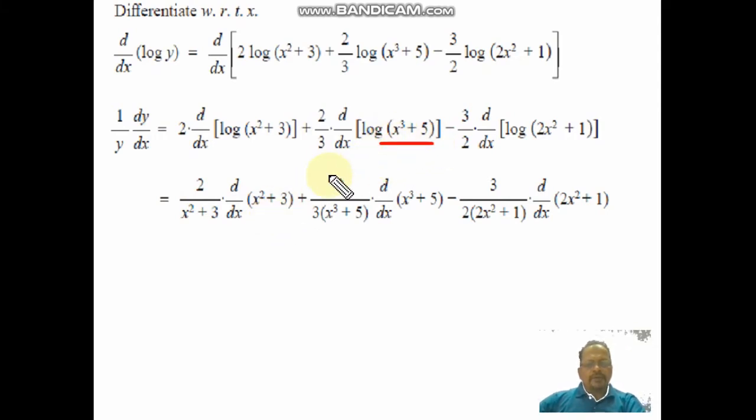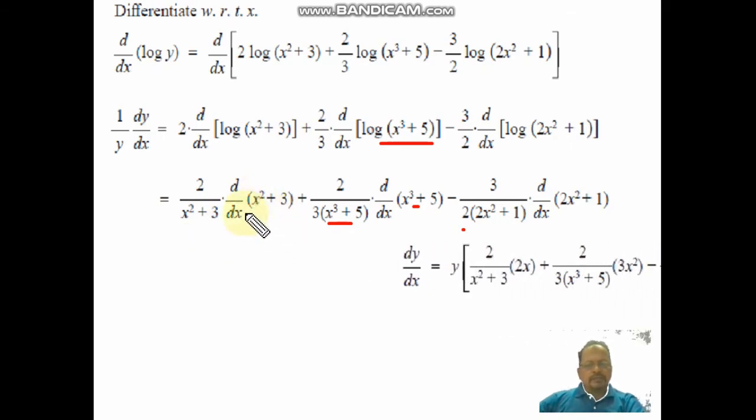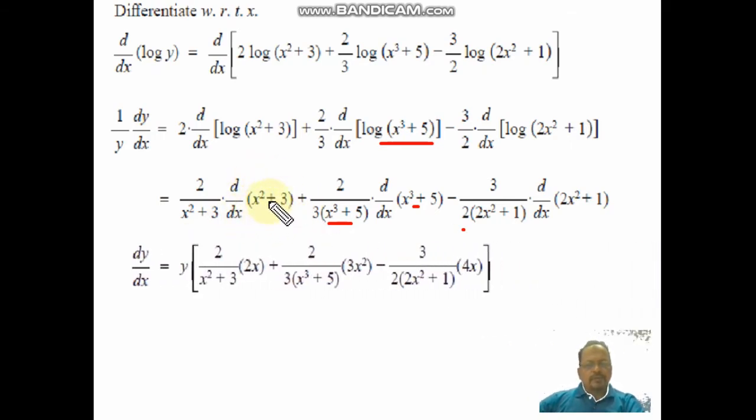Log of bracket derivative is 1 upon bracket into derivative of bracket. And in the third step also keep this minus 3 by 2 as it is. Derivative of log bracket is 1 upon bracket into derivative of this bracket. Now in the next step we are going to take these derivatives. Derivative of x square plus 3, derivative of 3 is 0 and derivative of x square is 2x. So 2 upon x square plus 3 into 2x. 2 upon 3 into x cube plus 5 into 3x square, and 3 upon 2 into 2x square plus 1